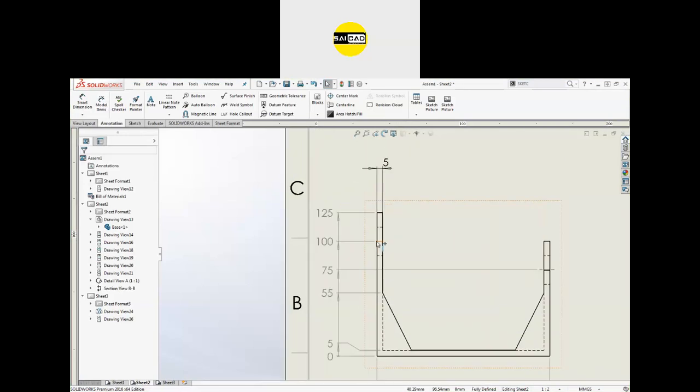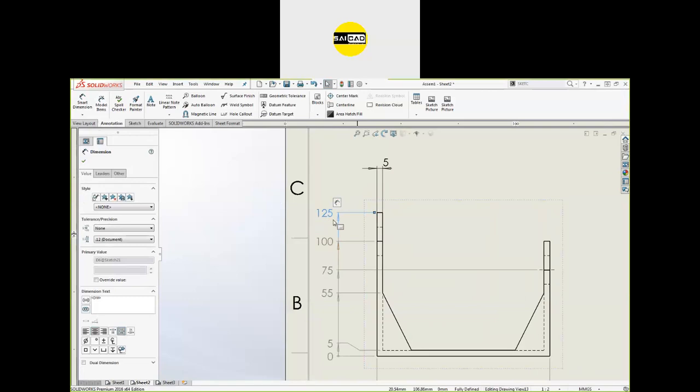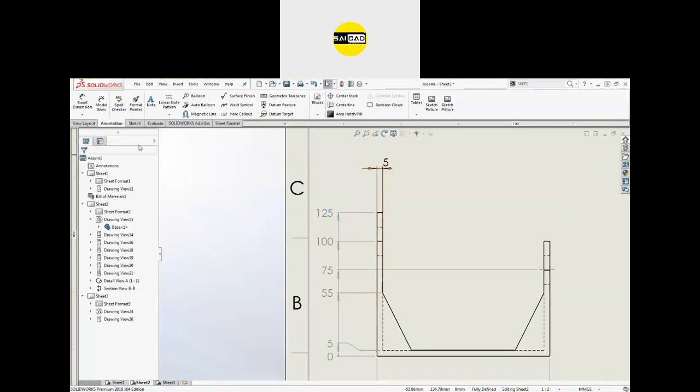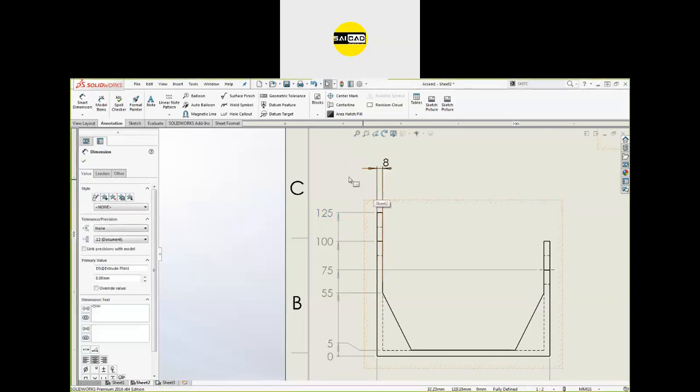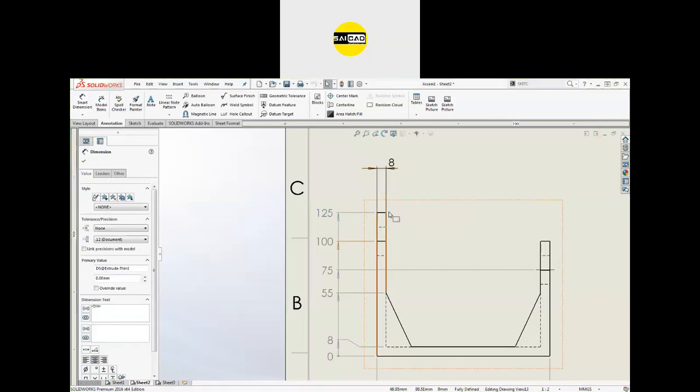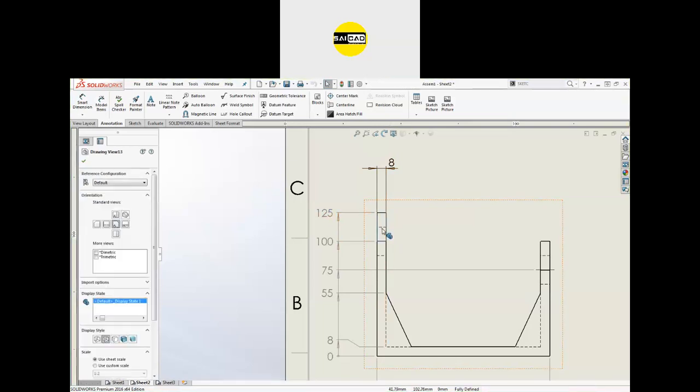The difference between the smart dimension and the model item is that with a smart dimension you cannot change the size, but if you click on the dimension from the model item, you can change the size. Like I want that thickness to be 8. Just update it by Control B. You will see the size increased here, and if you open the file it will also be updated.